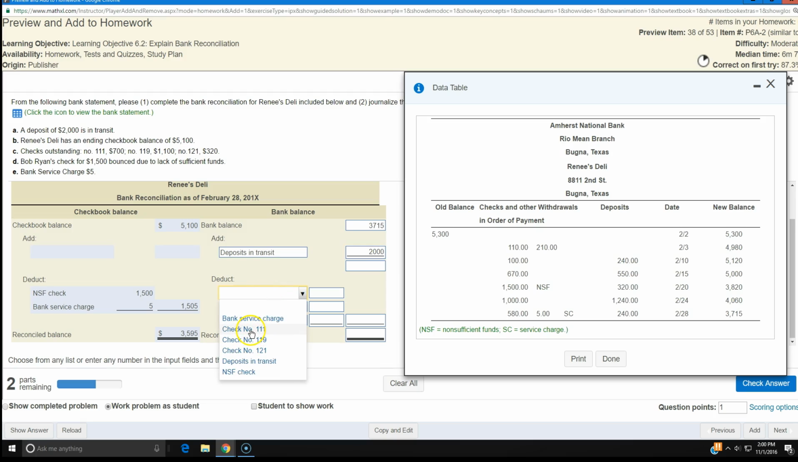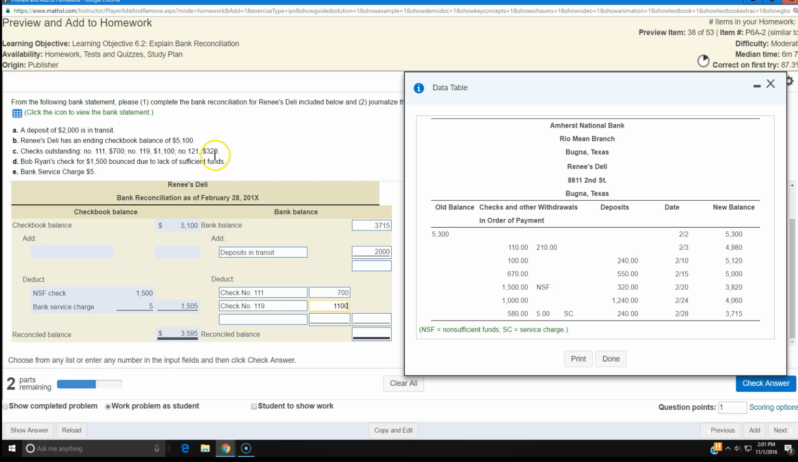Let's see what it says here. Okay, so they make it really easy. You have to subtract check number 111 for 700. You have to subtract check number 119, see that, for 1,100. So they make it pretty easy for you guys. And you have to subtract check number 121 for the $320. Okay, so now we add up the sum of those three checks, and I get